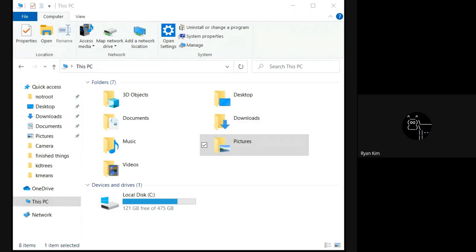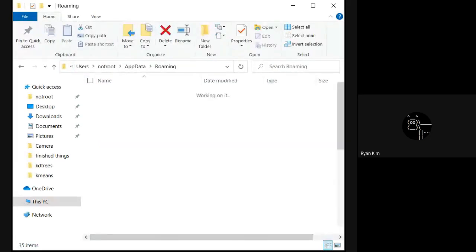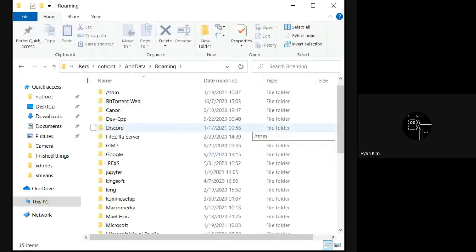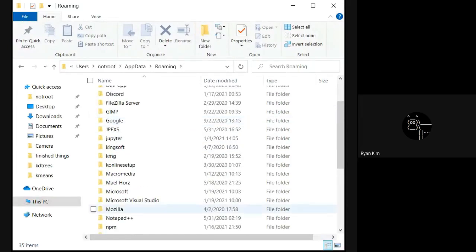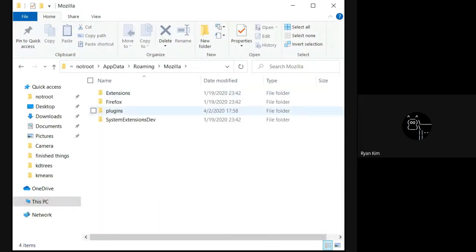Sometimes the thing is finicky. See Users, username. Okay, yeah, so, oh, sorry, it's because you have to go to Mozilla first. Yeah, and so